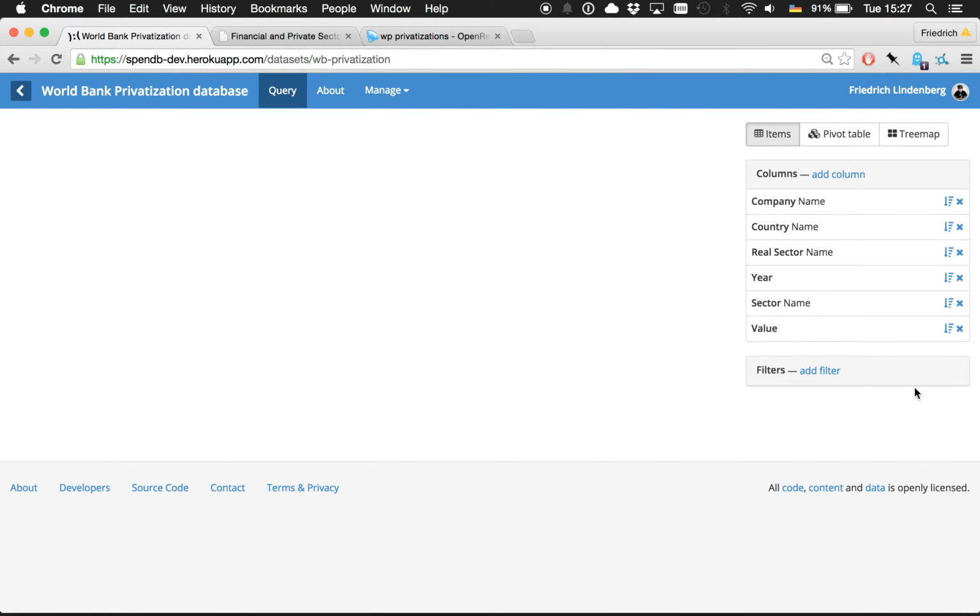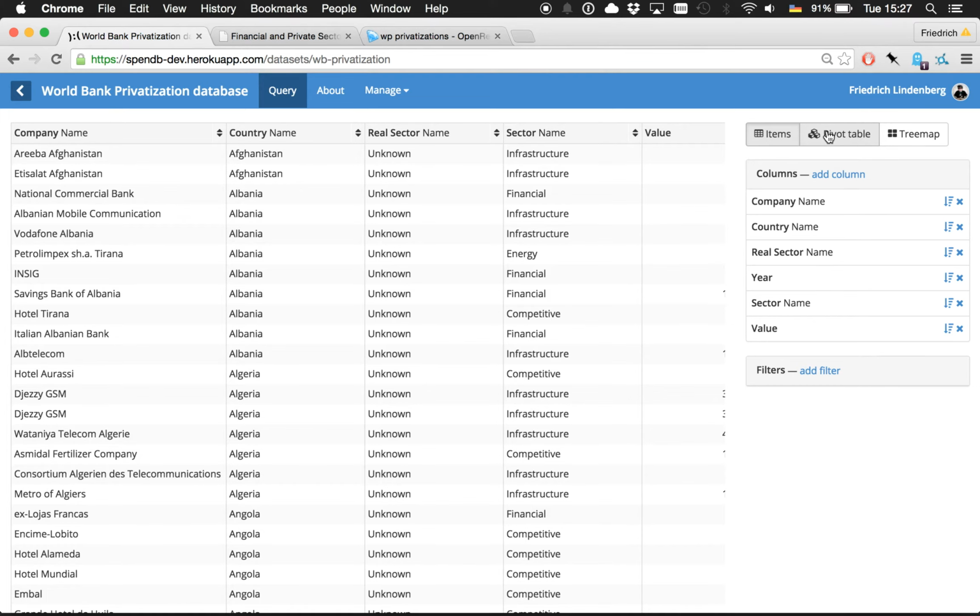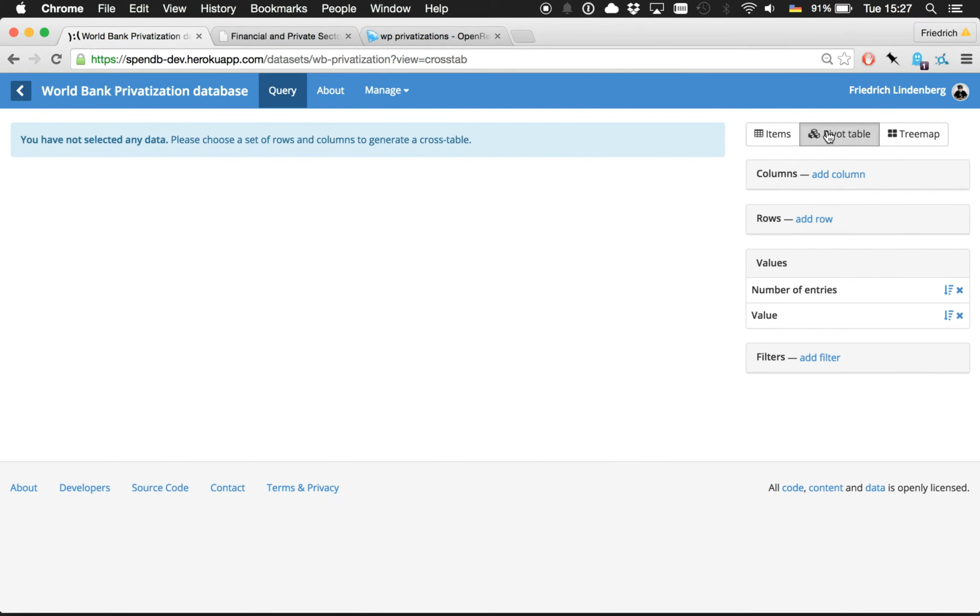Fantastic. But I don't want to do that for the moment. What I want to do instead is maybe start doing some analysis. And one of the most powerful tools for analysis is something called pivot tables or cross tables. So in this case, for example, I can say I want to break up the privatization database by the name